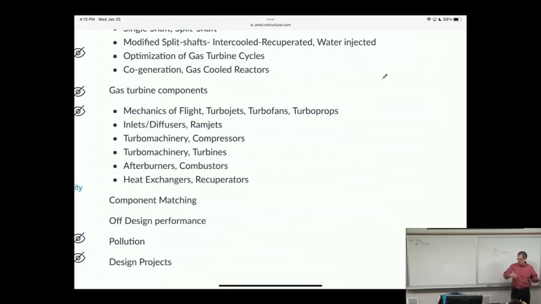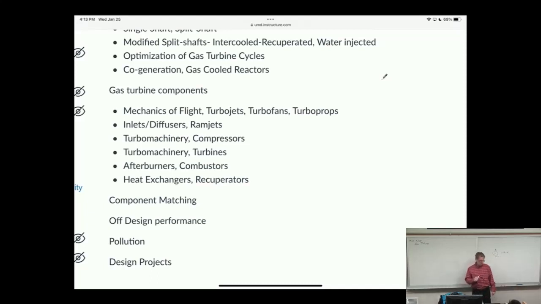But prior to now, in the real world, they ran on partial loads, and when they ran on partial loads, their efficiencies all changed. You had to match the right compressor with the right turbine and have it fit on the right performance curve. And where does it fit on the performance curve? So we'll talk a little bit about performance curves later. So component matching, off-design performance, and hopefully, if we have time, I would like to get a little bit into